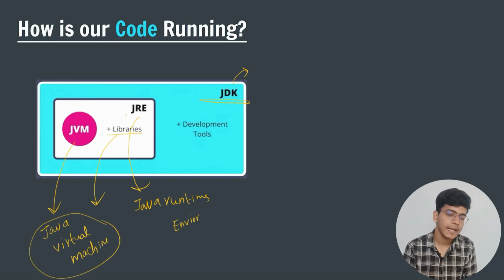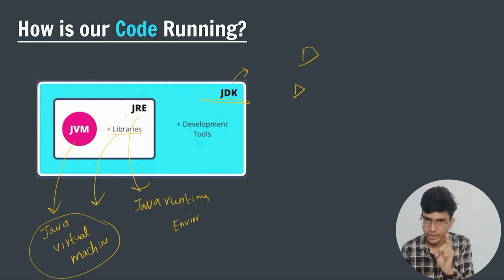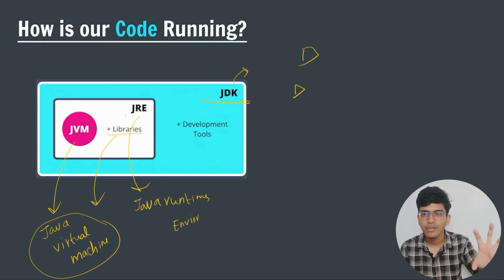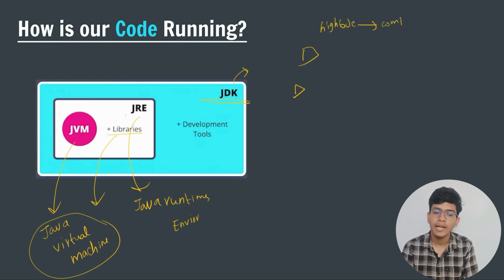So when I click the play button, you can see that in the right hand corner there is a play button. When I click the run button, our code is running, right? So it will run the Java Runtime Environment. In this Java Runtime Environment we have a virtual machine, and that virtual machine will convert whatever lines we have written. Those lines are known as high level code. So this high level code will get compiled first,